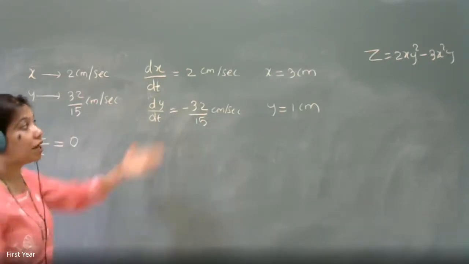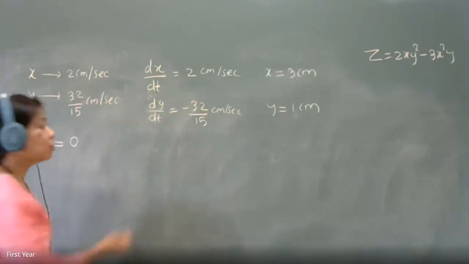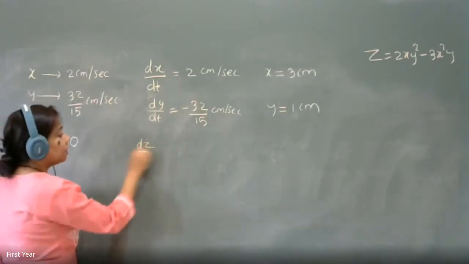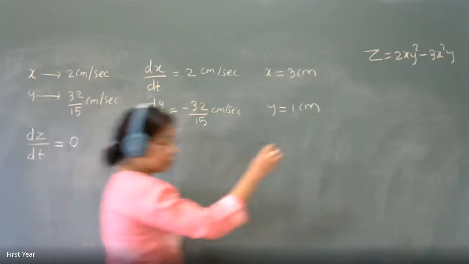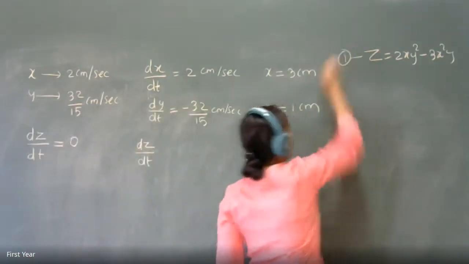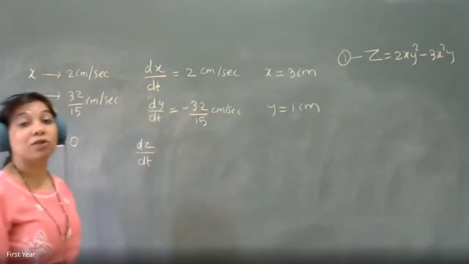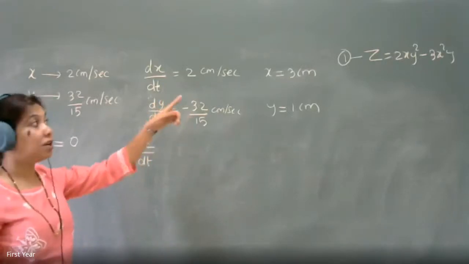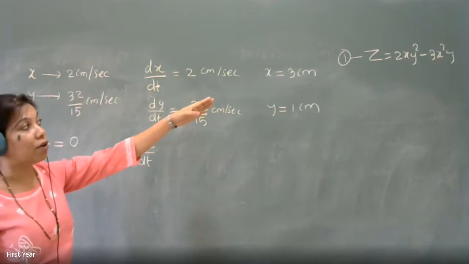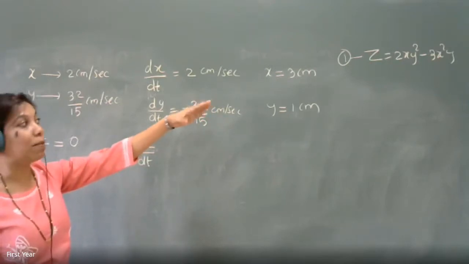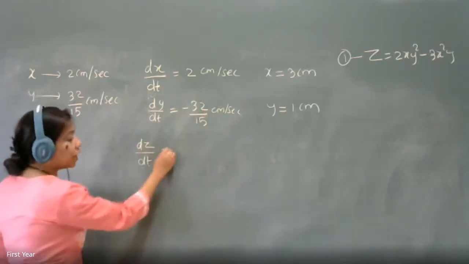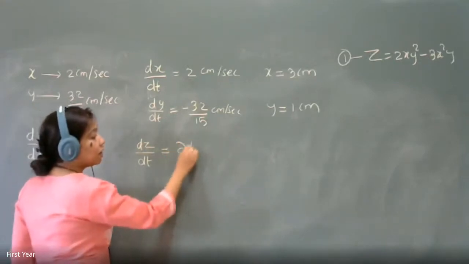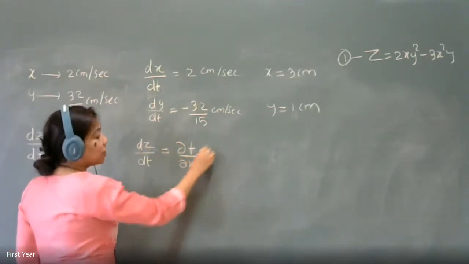How will you use the data? You are given z as a function of x, y. So what will be dz by dt from 1? I will make this equation as 1. This is equation 1. So dz by dt, by what you are going to use? Now your z is depending on two variables, and we are not going to separate them out. So we are going to use total derivative. What's the total derivative formula? Del f by del x into dx by dt.